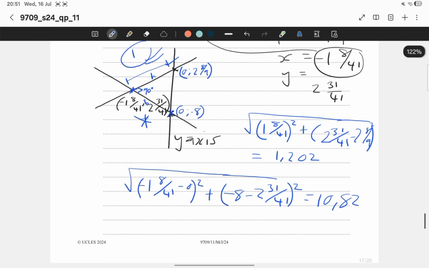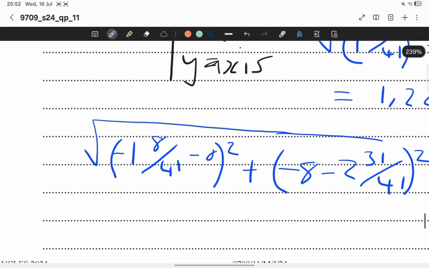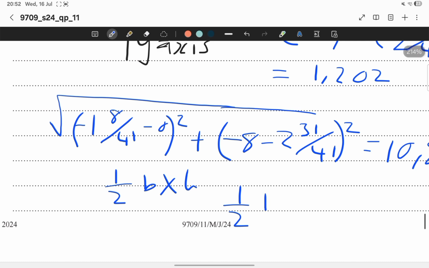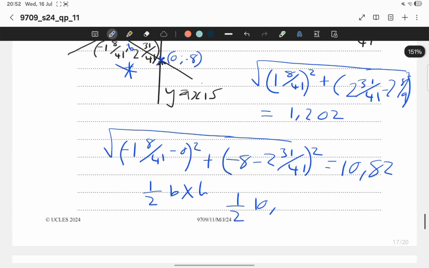And since there's a 90-degree angle there, we're going to say half base times height to get the area of the triangle. That will be half our 10.82 multiplied by 1.202, and that should give us